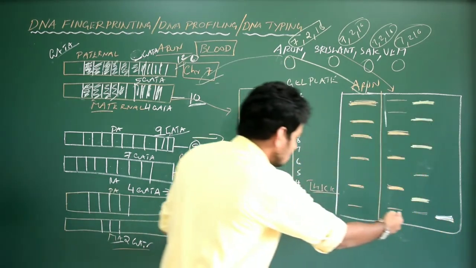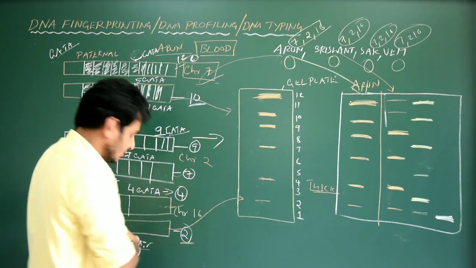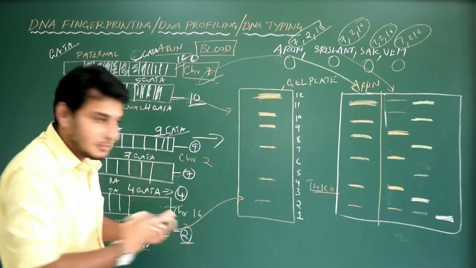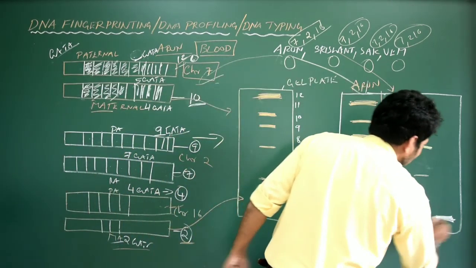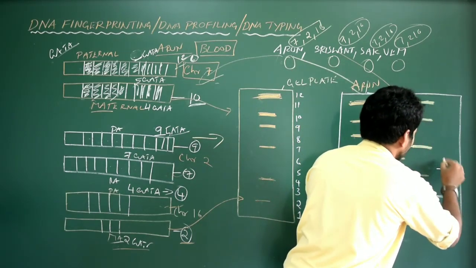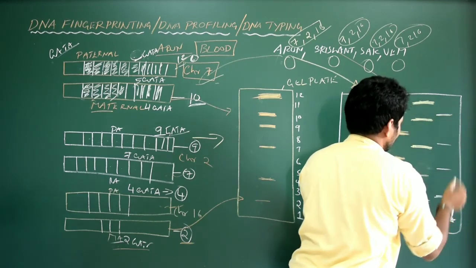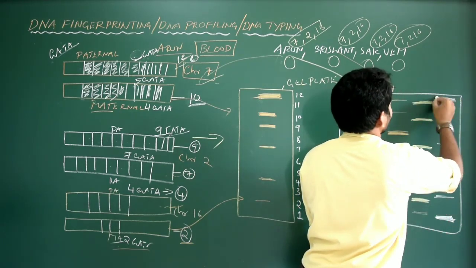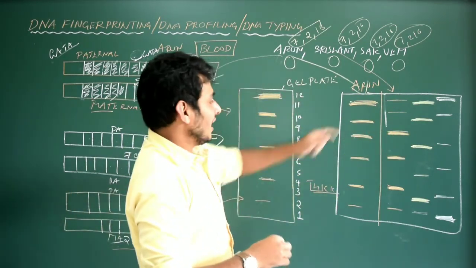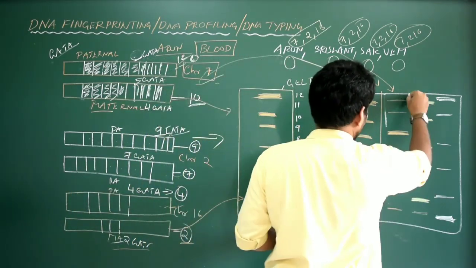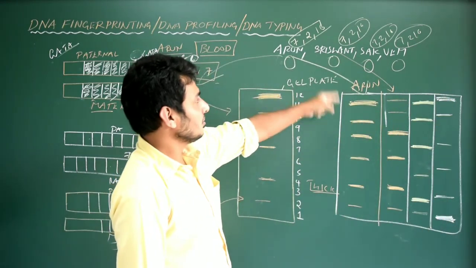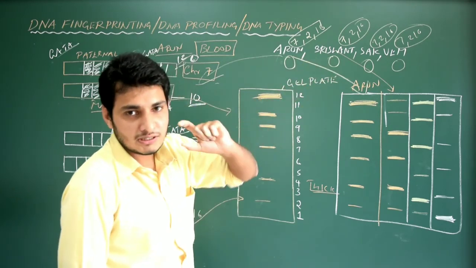Okay, that means it is understood that in his chromosome number 2, that is in his maternal chromosome, he has got more tandem repeats, that is GATA repeats, so we got a very thick band here itself. Next is, okay, 1, 3, like this. Now, match it. So I am going to divide it. So we have got 4 DNA fingerprints: Arun, Srishant, Sakshat, Veman. We have 4 suspects.